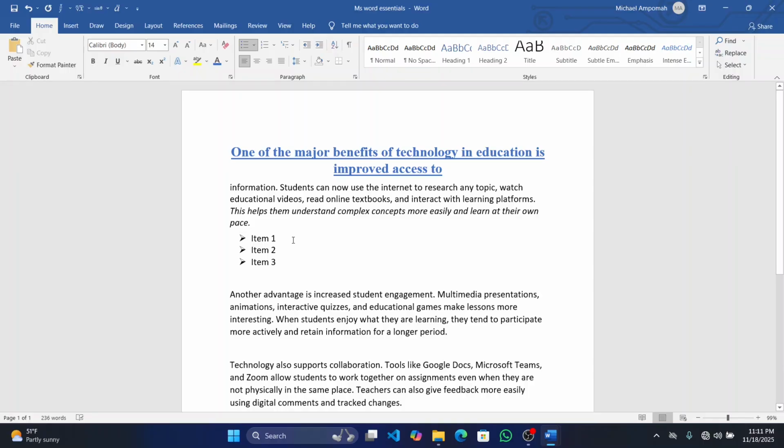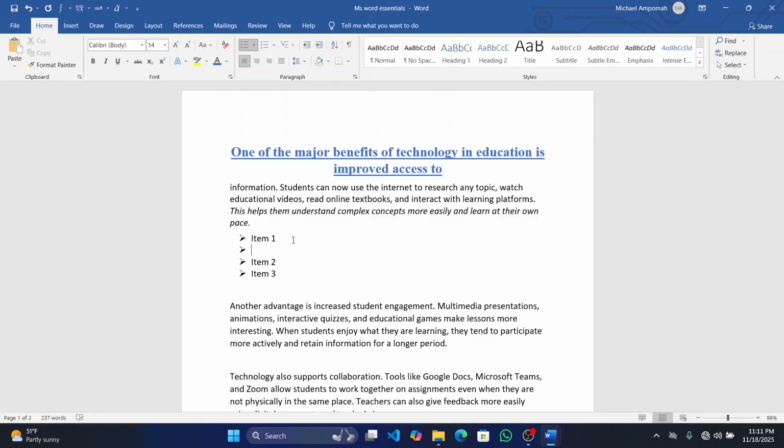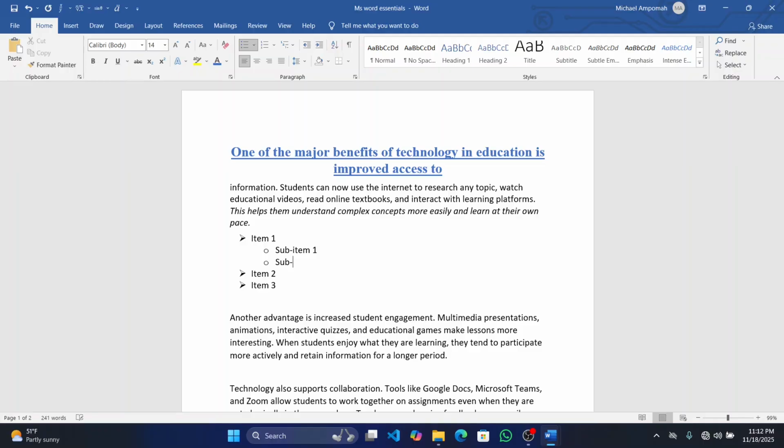So you can also add sub bulletin. So let's say there are other lists under item 1, right? You want to add other lists under item 1. So what we do is that after pressing enter, you press tab to create more indentation, and you realize that now the bullet changed. So you can now start typing your sub items, maybe sub item 1, sub item 2,